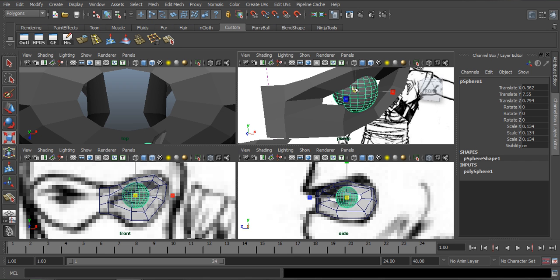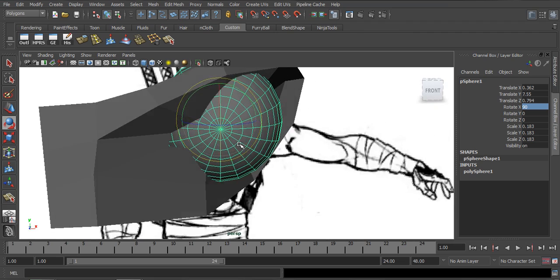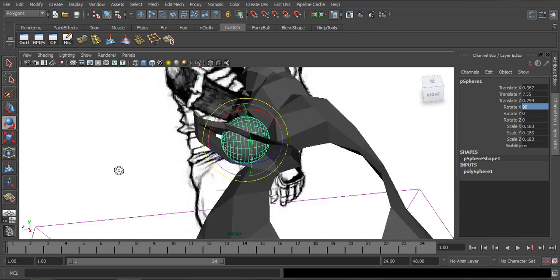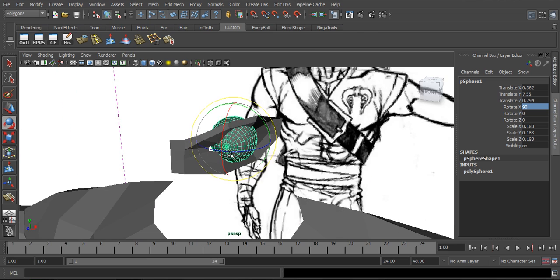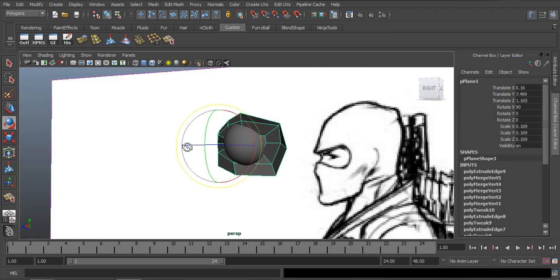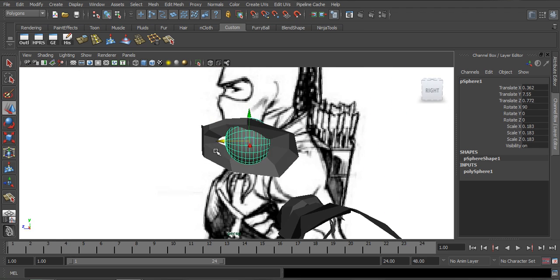And bring this out, something like that. And I'm gonna rotate this in 90 degrees just because it looks like it's looking at you. And now from here, we have a better idea of what this shape should be looking like, right? So I can probably push this back a little bit